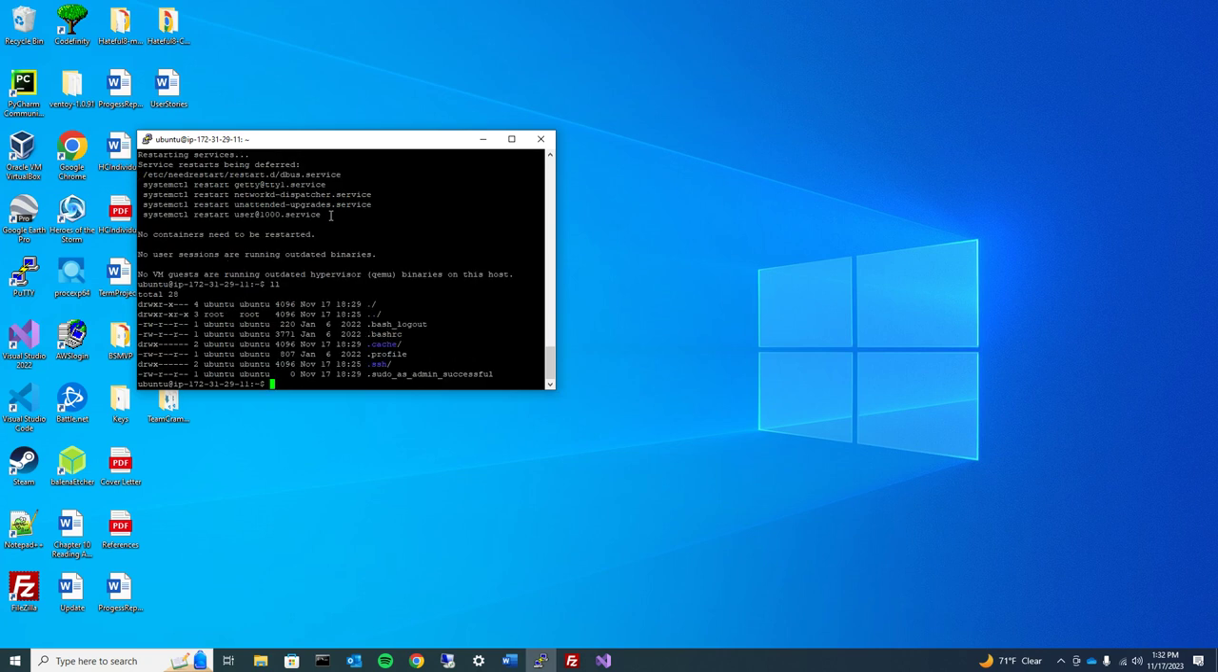All right. So here we go. One more thing before we can actually run our web server on this Ubuntu machine is we got to change some permissions real quick. So what we're going to do is hit sudo chmod